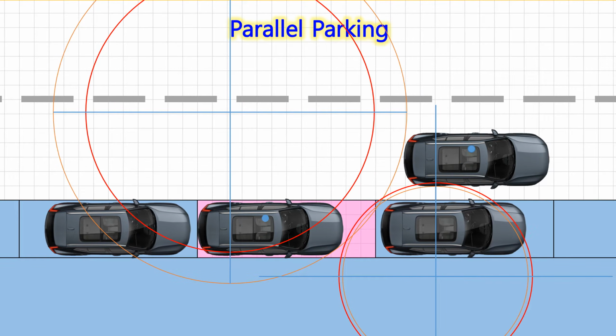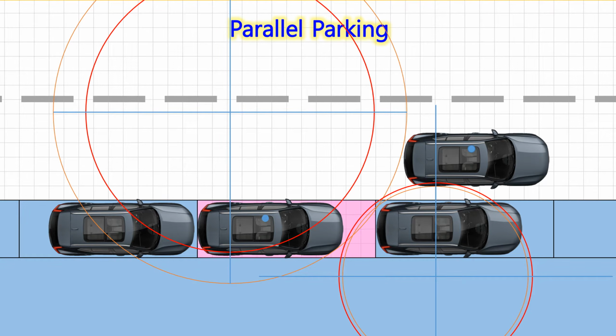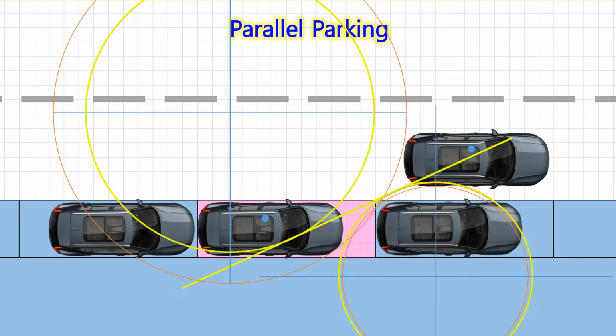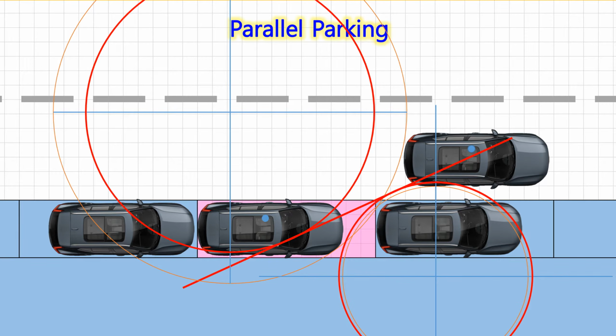If there is no space available in the front and rear of the car, as the worst case, there is no green zone and very tight tolerance the tangent line of rear wheels can go to. The right rear wheel must only follow this red line. Otherwise, you will have to go back and forth several times.